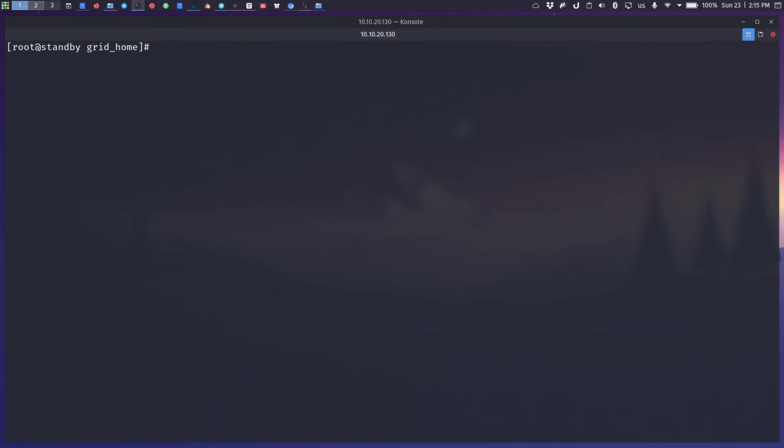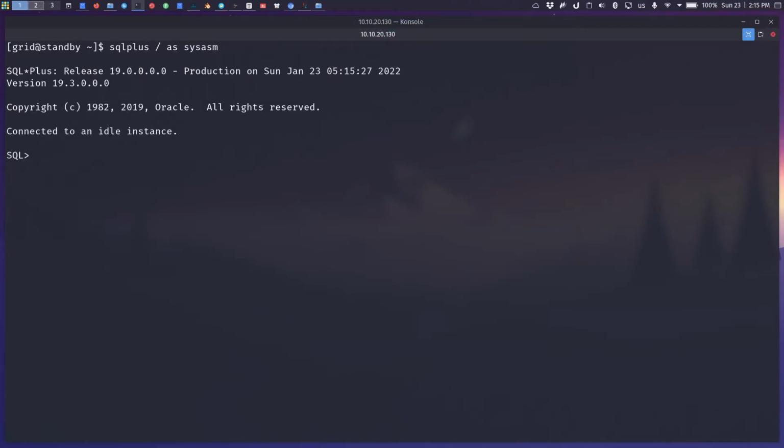Now we will create the ASM instance. Of course, we need to move to grid. This should be under the grid user. Now I will just connect SQL*Plus as sysasm. Make sure it's as sysasm, not as sysdba. We can see here we have an idle instance, so we need to create the ASM instance. So first, startup